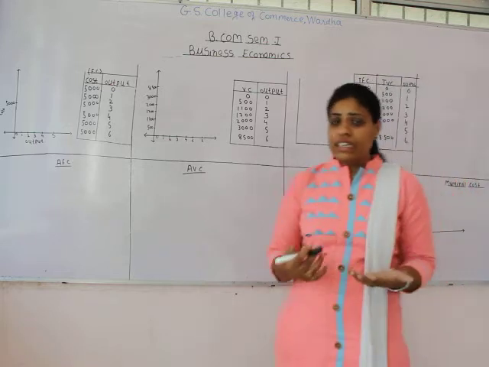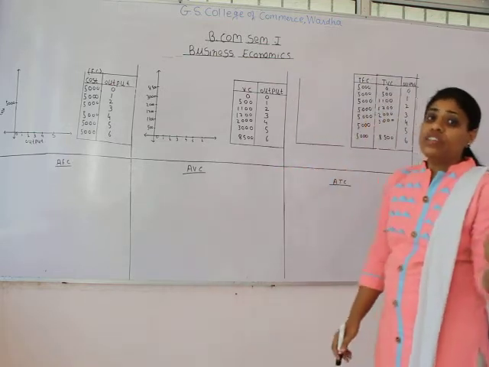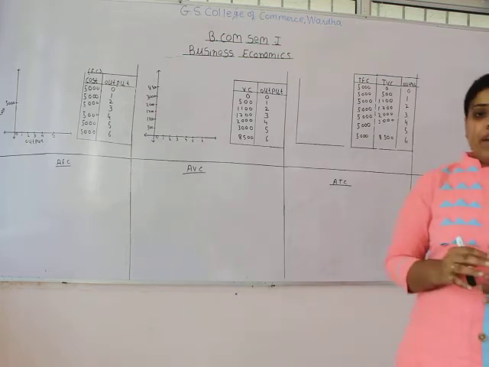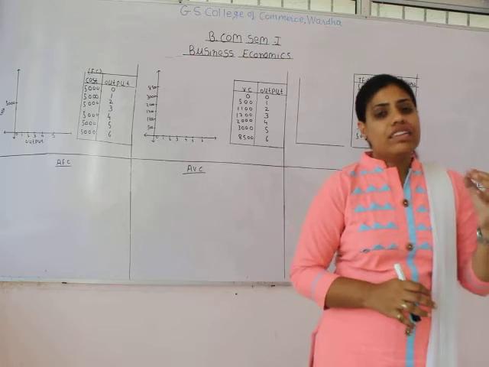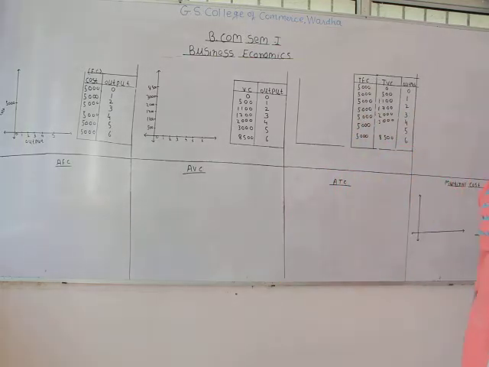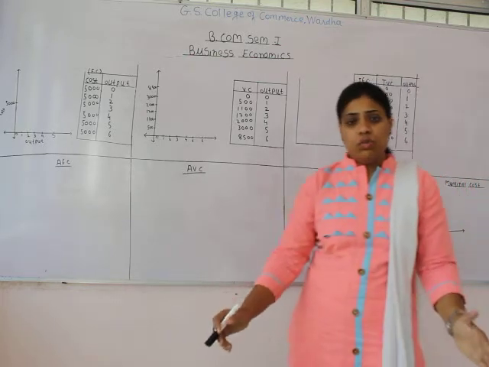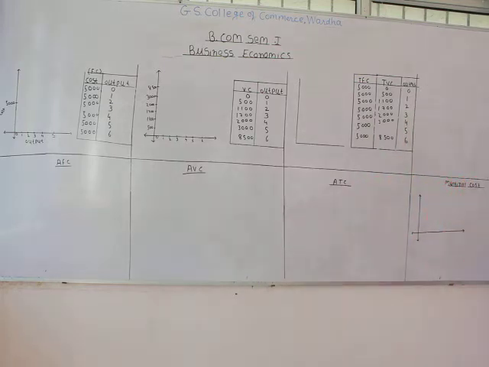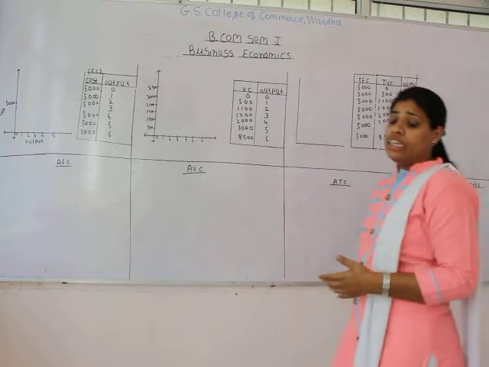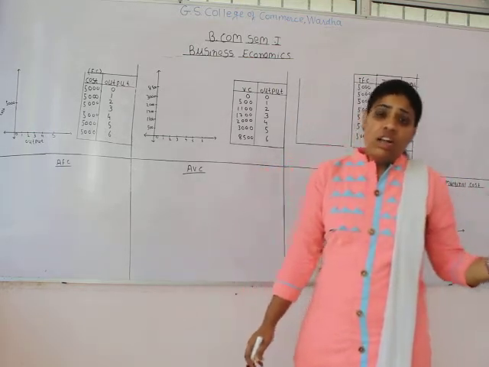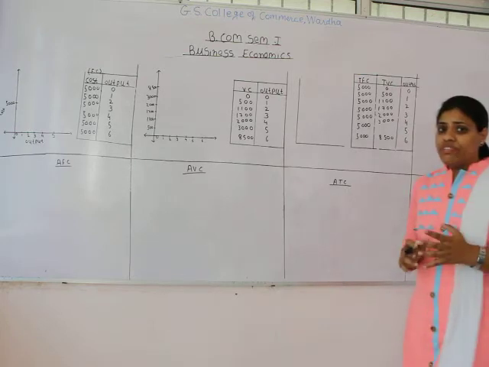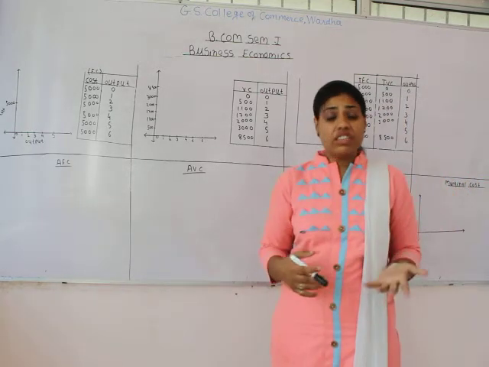Like, if I give you the example of rent, it is a fixed cost. Just assume I have a small room where I teach students, and the rent of that room is 5,000 rupees per month. Either I am teaching 10 students in that room, still I have to pay 5,000, or if the students increase from 10 to 20, 20 to 30, still I have to give only 5,000 rupees to the landowner for that room. That is why fixed cost is a cost which doesn't vary with the output.